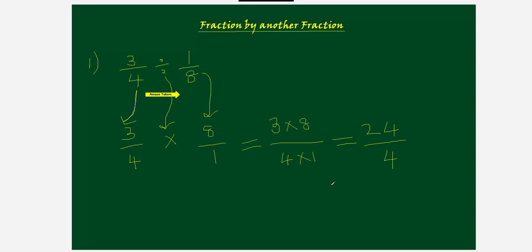Actually, it is going to give you the whole number because 24 is completely divisible by 4. We know the 4 times table. 4 6s are 24. Isn't it? This is the final answer. The final answer can also be a fraction, not only a whole number always, it can be a fraction too. In this case, we got the whole number. This is how we will divide a fraction by another fraction.